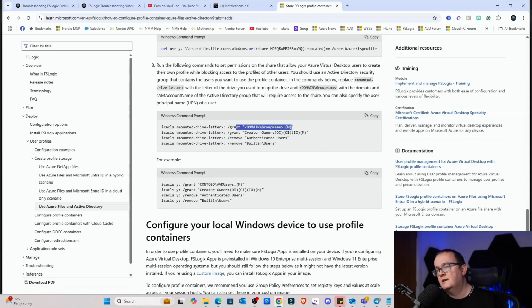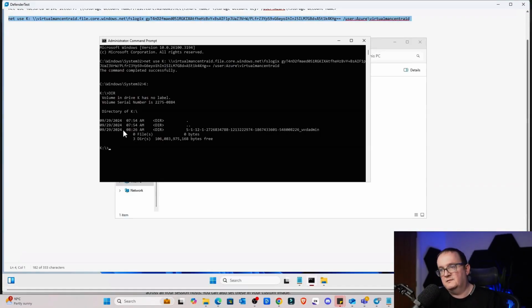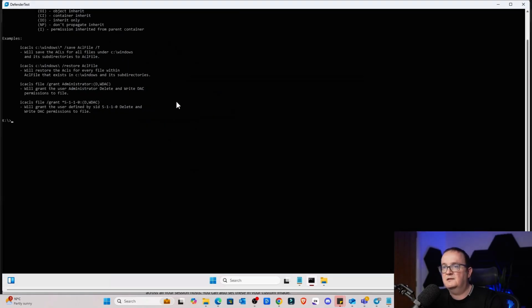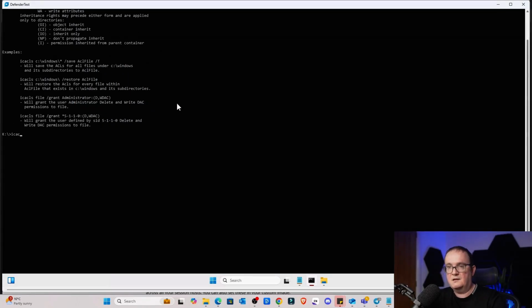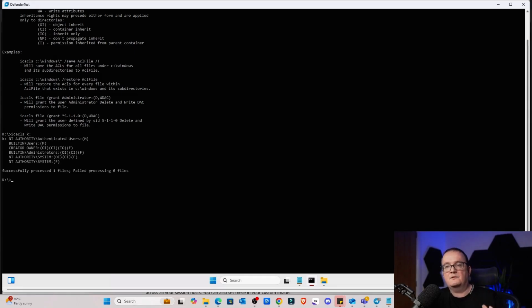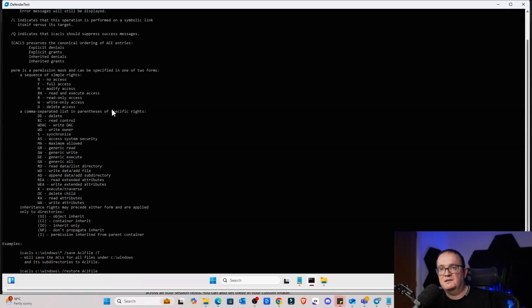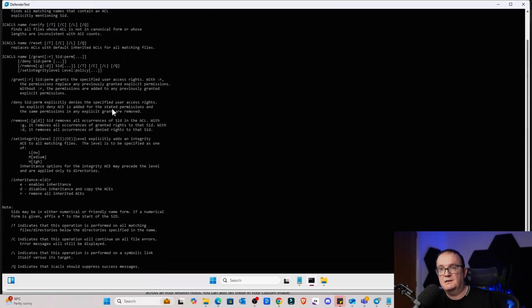And then obviously this here can be your administrators. If you've got people who need to manage those user profiles, you can add those in there as well, and that'll give them modify access. So what I can do now is show you what permissions are actually set on there. So if I just go to icacls, we can see there, icacls K. And there you go, and that'll show me what permissions are actually configured. And if I want to actually look and see for that directory that you can see in there,